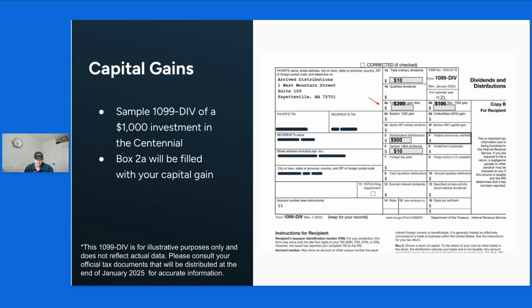This gets a little bit trickier. And again, I want to tread carefully here. But that box, when you depreciate a property, that helps you with your taxes as you go along and as you're receiving your dividends every year. When you sell the property, there is a recapture of the depreciation that you took that was reducing your tax liability every year as you owned the property. There's a recapture of that depreciation as you sell, especially as you sell for a gain. So that $100 in box 2B tells you how much of the box 2A number is treated slightly differently